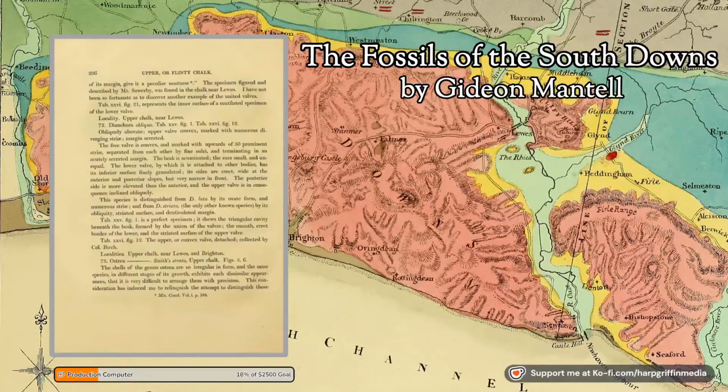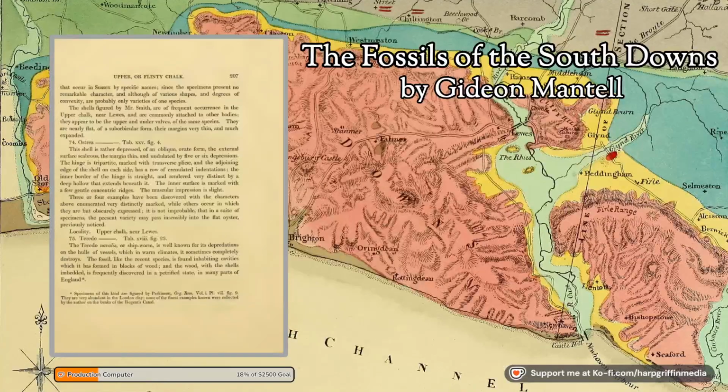73. Ostrea, Smith's Strata, Upper Chalk, Figures 5, 6. The shells of the genus Ostrea are so irregular in form, and the same species in different stages of its growth exhibits such dissimilar appearances, that it is very difficult to arrange them with precision. This consideration has induced me to relinquish the attempt to distinguish those that occur in Sussex by specific names, since the specimens present no remarkable character, and although of various shapes and degrees of convexity, are probably only varieties